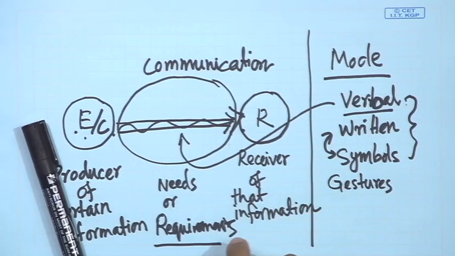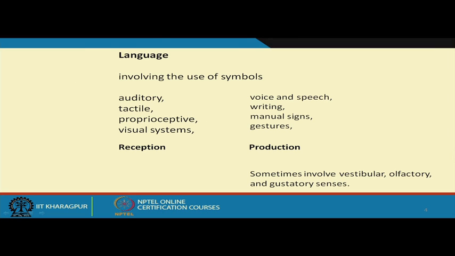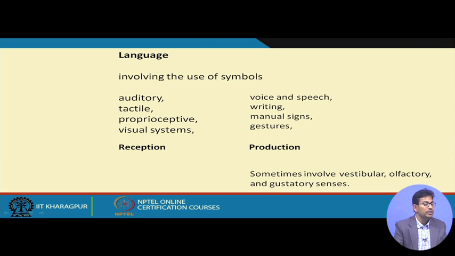So now moving on with the communicational aspects, we move on to the next aspect of communication. Human beings communicate through language. All of us use language for communication to a great extent, and that is the most prevalent form of communication